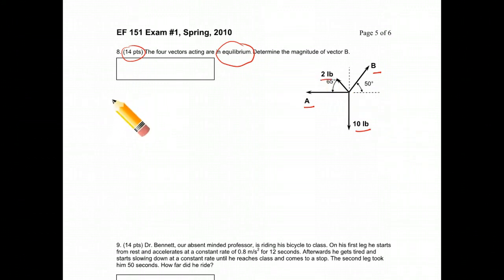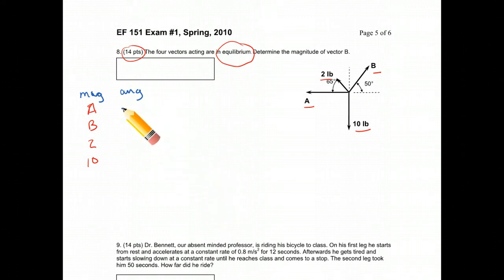Alright, so let's set up a table with the vector name. So we'll have our vector A, we'll have vector B, we'll just label these our 2-pound vector and our 10-pound vector. The magnitudes, actually those are the magnitudes, so in the interest of time, we'll label that magnitudes. Again, A and B are unknowns. Angle,